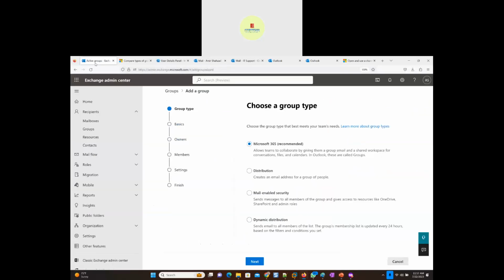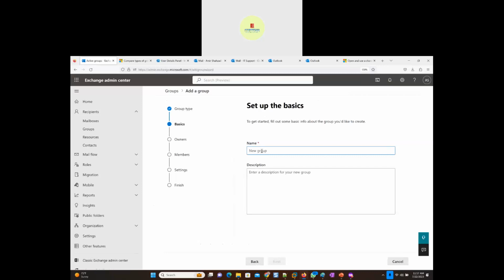I'm going to go back here. I'm going to go to Exchange, and then Microsoft 365 group. I'm going to keep it selected and click Next. And then yes, it is for which department or team or what purpose. So you can just name it like that. Suppose we already created a sales department, and so sales